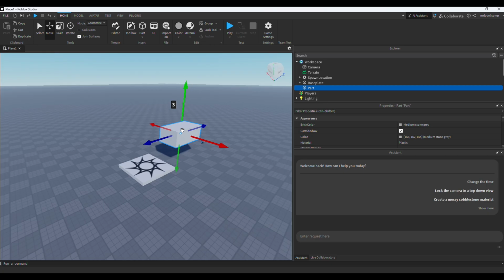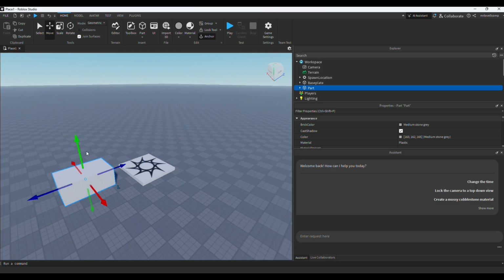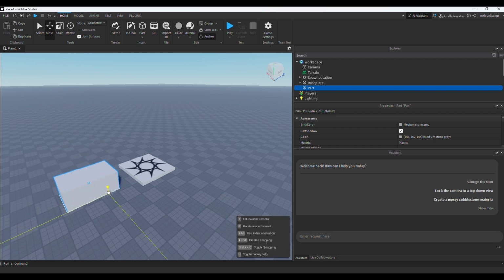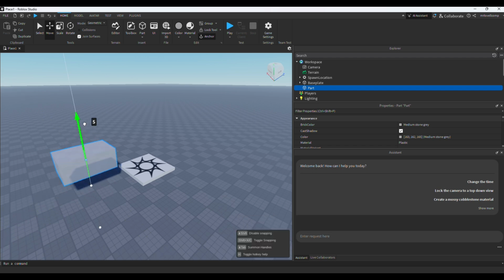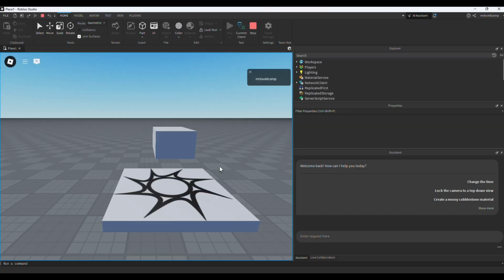So here, select it, select our box, click anchor, and now when I play, actually let's put it over, let's move it over here and move it up, move it up and anchor it. Now when I play,